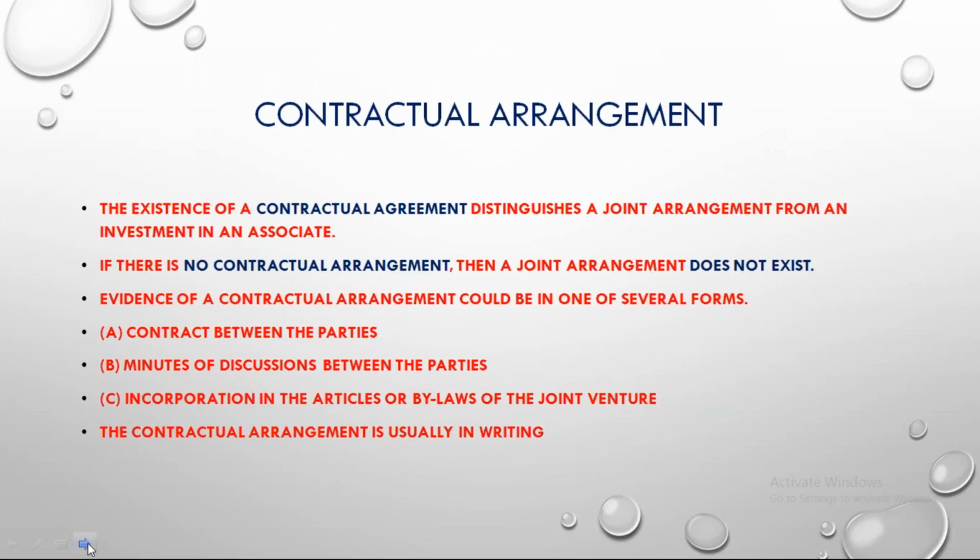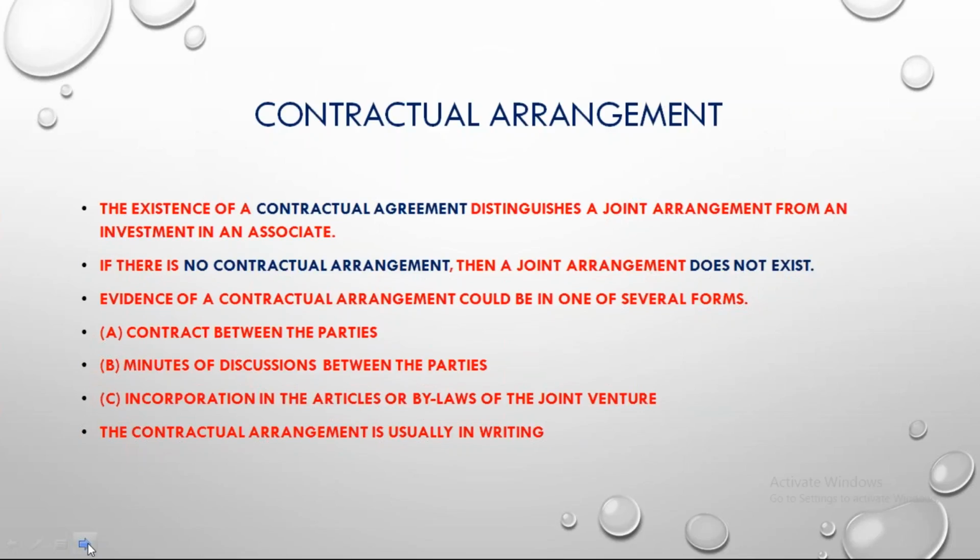or you are going to have an obligation for liabilities and a right to assets and all that. No, you will be accounting using the equity method of accounting. You will consider the profit share, take the dividend off, take the original cost of the investment, and you do it. But when it is a joint arrangement, there's always a preceding contractual agreement. So if there is no contractual arrangement, then a joint arrangement does not exist according to IFRS 11. So you must have a contractual arrangement.